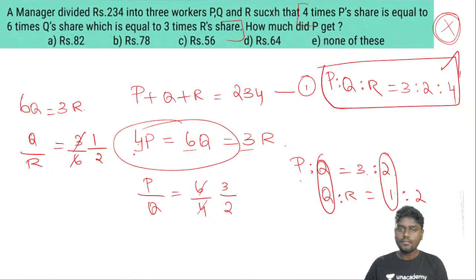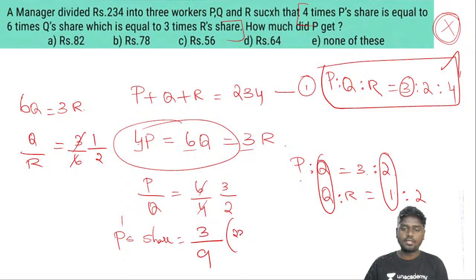Now if you want to find the share of P, you can easily find it. How to find this? P's share is nothing but the ratio of P divided by the total ratio. How much is it exactly? You get 9 of 234. That's it. So this goes exactly how much? You get 2 times 18 and then 6 times 54. So you get,